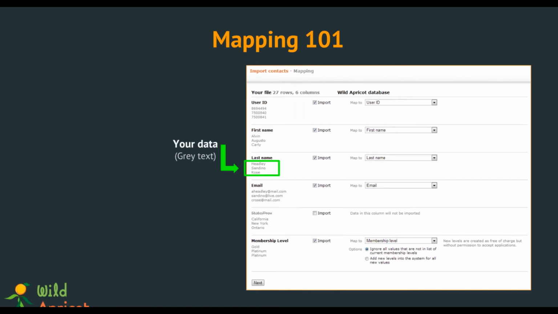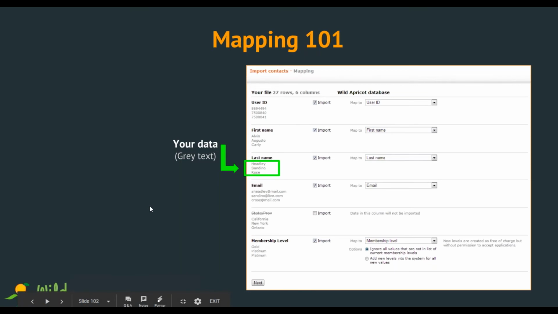They'll be in light gray, and they give you examples of three things the system is looking for when it is processing this last name field from your spreadsheet. So it's more just so that you can review and make sure everything looks according to how you intended it, and also this way you'll be able to see examples of what will go into the system if you do import that information.